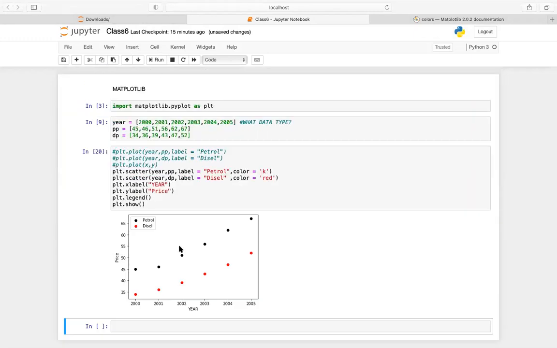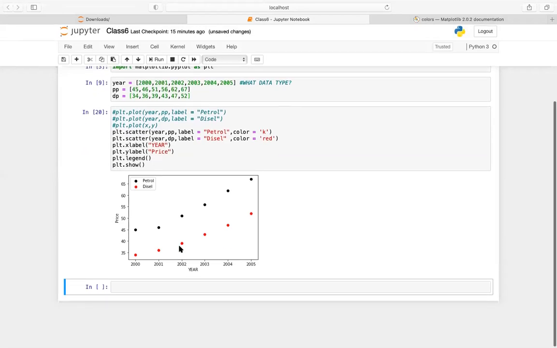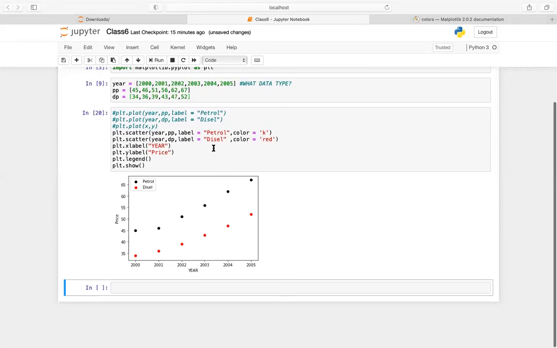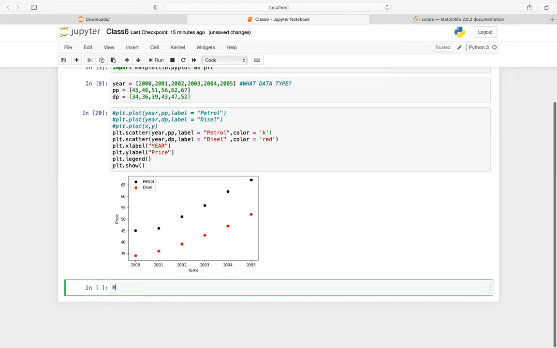All right, so this is what we get for this. Now your task is this: here the points are dots. I want to make them stars. How do I do that?